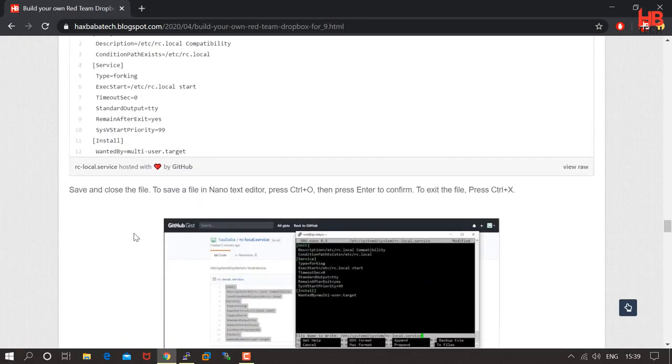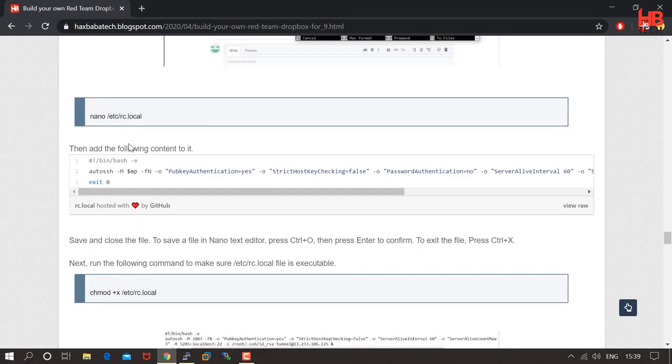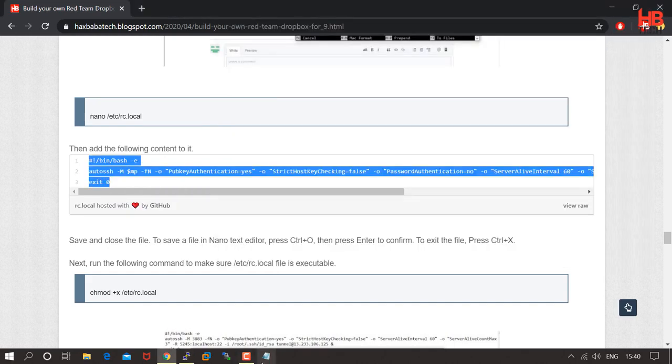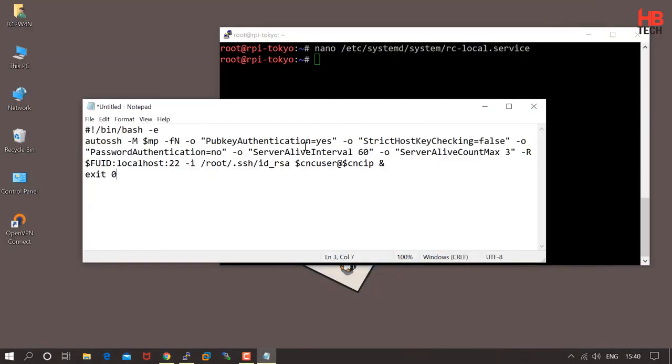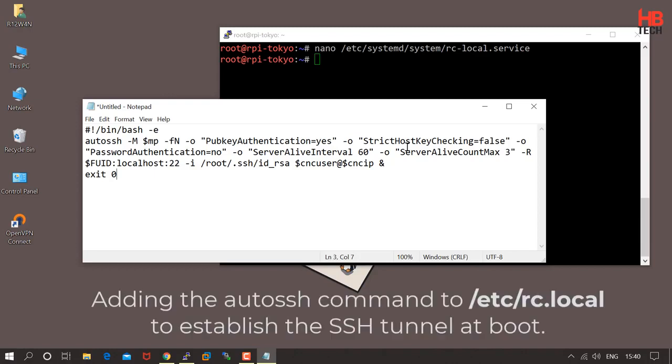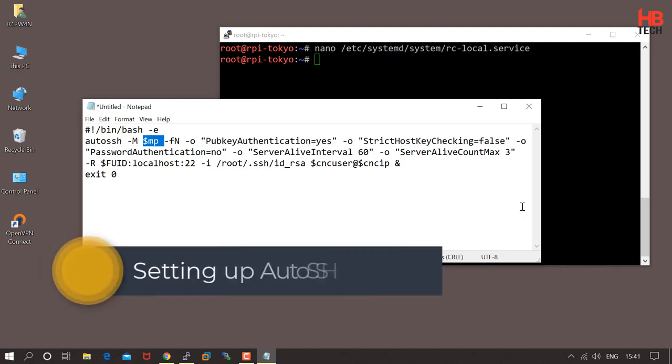Next step is to create the rc.local file in the root partition /etc, which will add the AutoSSH command. Copy the content from our blog and paste it in a notepad. We have to make some changes in this. As you can see, -M, which is the monitoring port, we have to replace with any random free port.